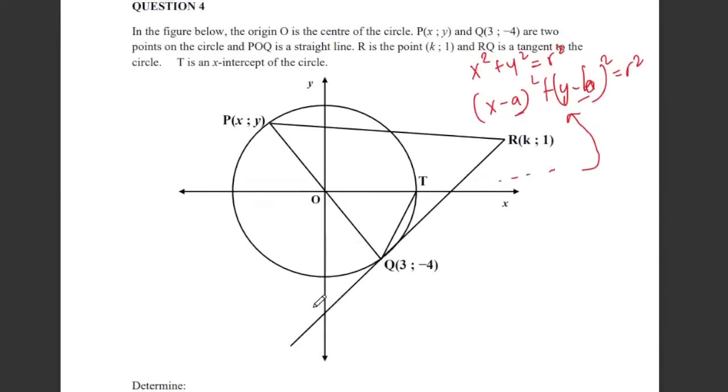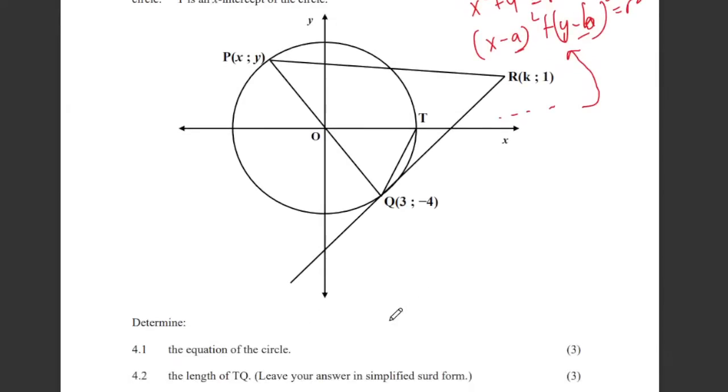Since the circle is passing through the origin, all we need is just the radius. We have the origin, which is 0 for x and 0 for y. Use OQ and then get the distance formula. That will be our radius, and then substitute it there. Then the length TQ,